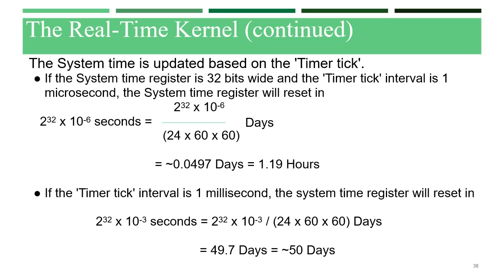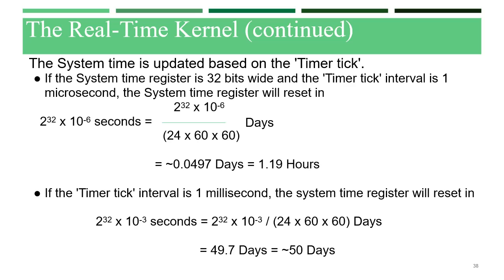So when it resets, if we want it in terms of days, we have to divide it by 24 into 60 into 60. Then we'll get the value approximately 0.0497 days, which is equal to 1.19 hours. So if the timer tick interval is 1 millisecond, the system time register will reset in